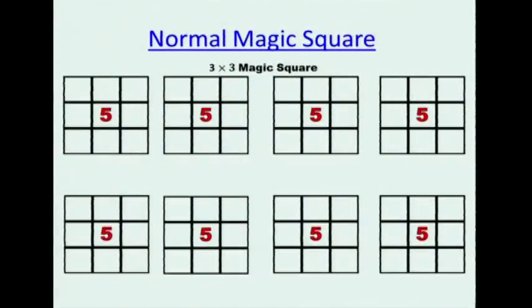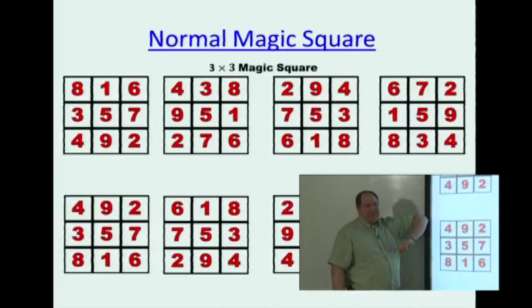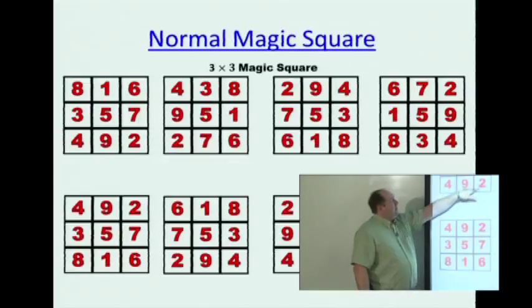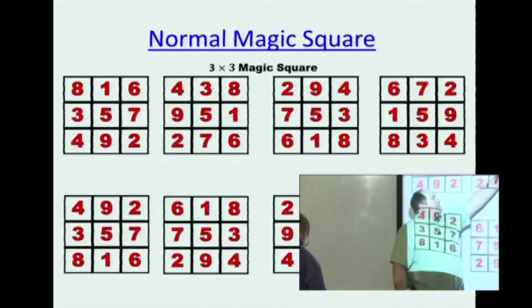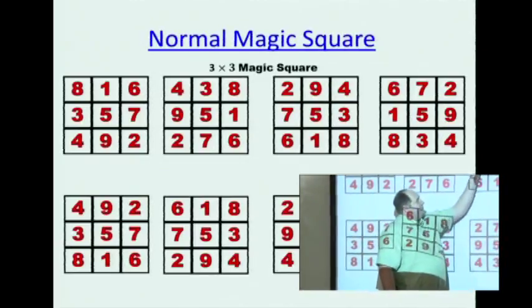All right. So as it turns out, we can find 8 possible solutions. And these are the 8. But on closer inspection, are they really 8 different things? So for example, I just happened to choose this one first. 8, 1, 6, 7, 2 always sort of appear in that order on the corner. Everyone see that? And in every square, I see the same 8, 1, 6, 7, 2.